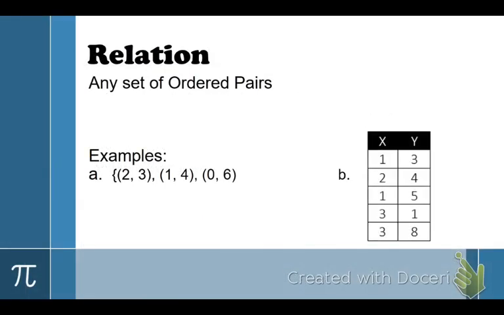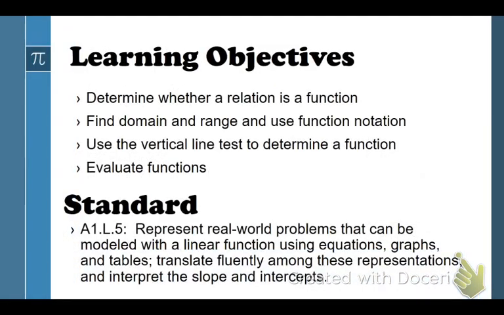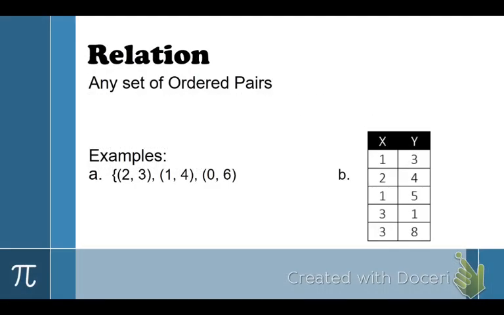A relation. Some definitions. A relation is a set of ordered pairs. Any type of ordered pairs. Notice it doesn't say ordered numbers. Okay, it just says ordered pairs. I could very well have a set of ordered pairs that are words. Oops, back up. For example,